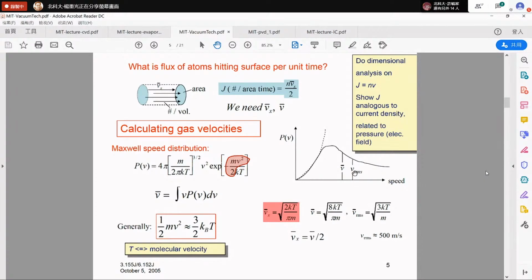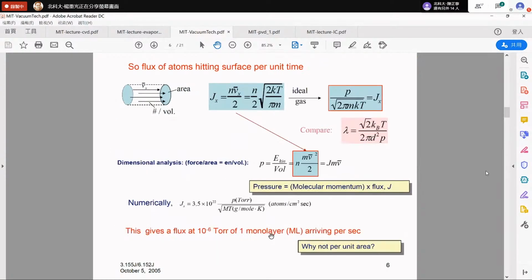And the root mean square is how you get a significant velocity of the gas. Okay, so this is the so-called gas kinetics. So we understand the velocity